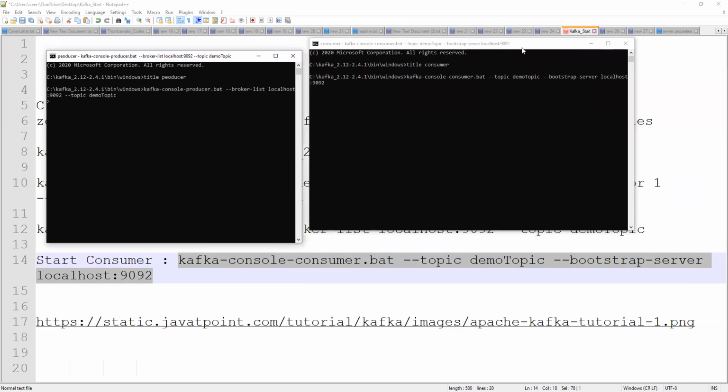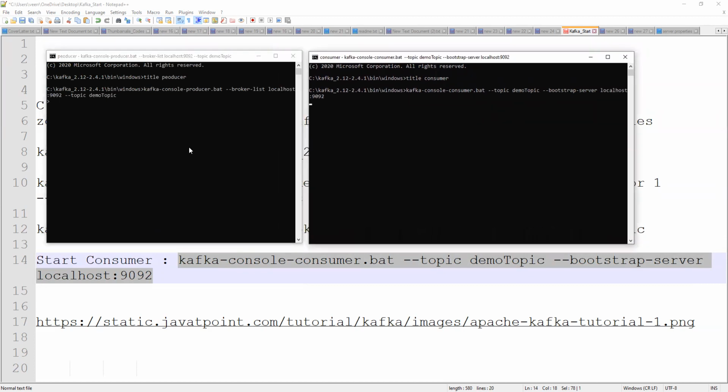This is the producer, and this is the consumer. If you give any data here, automatically without your interaction, the consumer will read the data. So give data here, which means we are publishing the message to the topic from the producer.